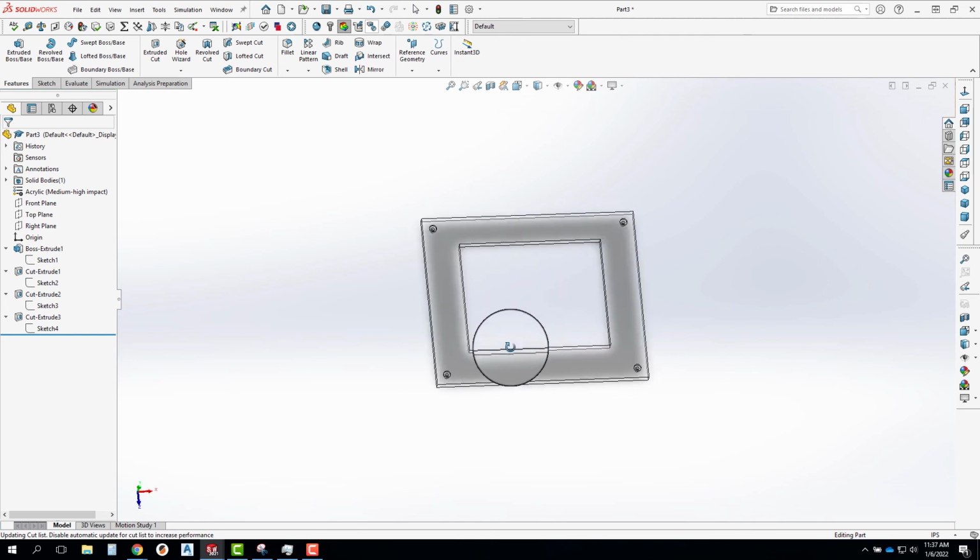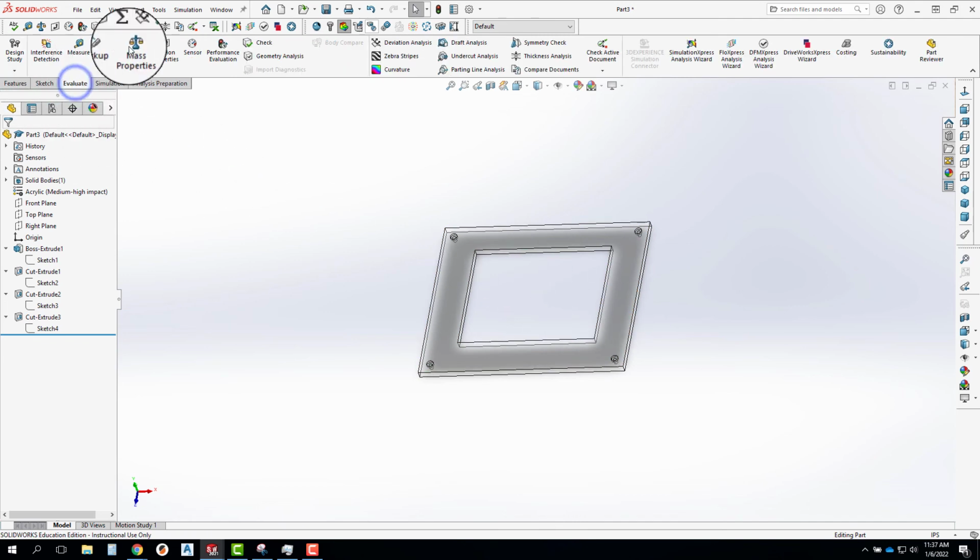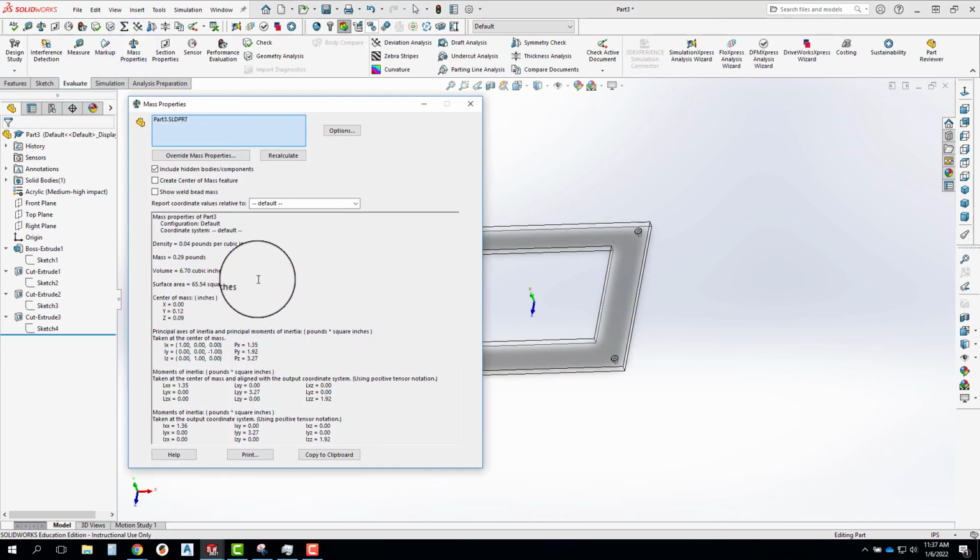But what I'm really talking about right now is changing the mass properties. If this plate was made out of steel, it would weigh very differently than if it's made out of acrylic. So we can always look at the mass of the part by going up to evaluate and looking at mass properties. That's definitely one way to do it. You can see it's 0.29 pounds